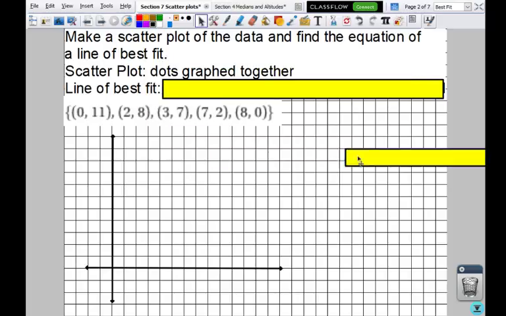A scatter plot is just a bunch of dots graphed together. That's all a scatter plot is. So if I'm going to make a scatter plot of these points down here, all my points are listed, and I just need to put them on my graph. So real quick, I'm going to graph all these points. 0, 11, 0, 1,